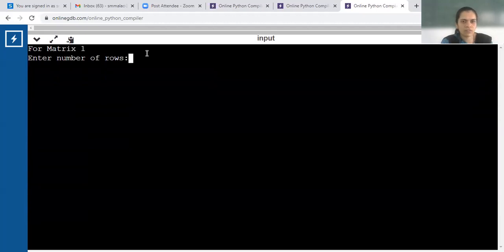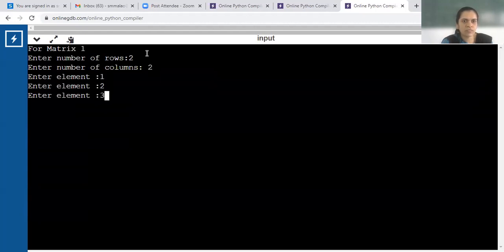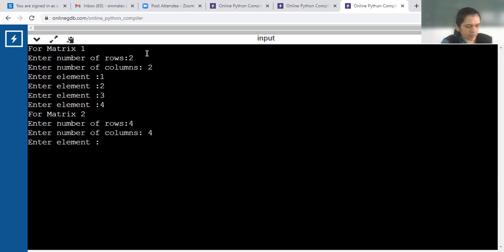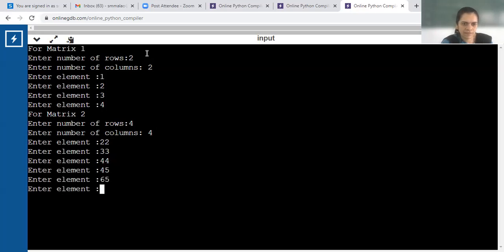Number of rows are 2, columns 2, elements 1, 2, 3, 4. This is our first matrix. For the second matrix, I again have, say, I want a 4 by 4 matrix, and I enter elements. These are some random elements which I am entering.